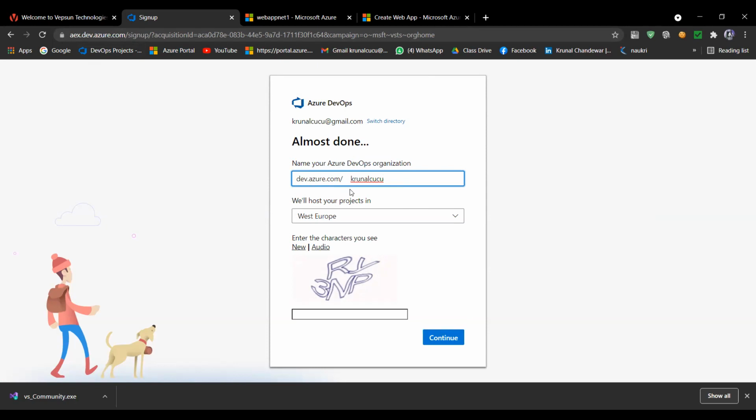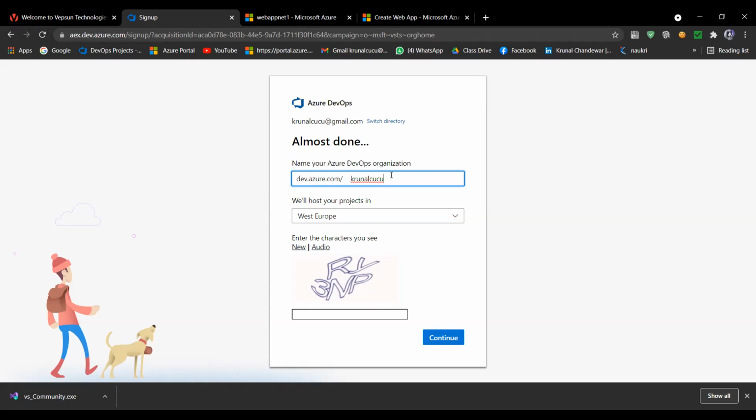But after that, you will get this Kunal CU. You want this name, or you want to change the name of your organization? That is not the thing, Kunal. I'm telling you the basic things. Let me complete. I know the basics. We have not connected to the DevOps portal for many days. That's why I'm giving you the details of this DevOps portal also.